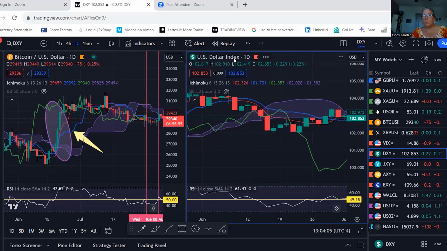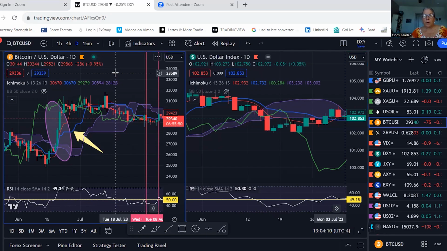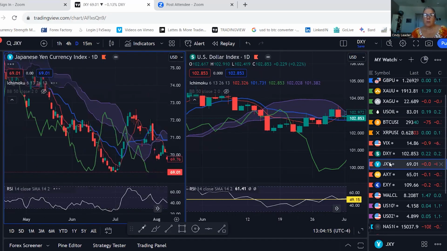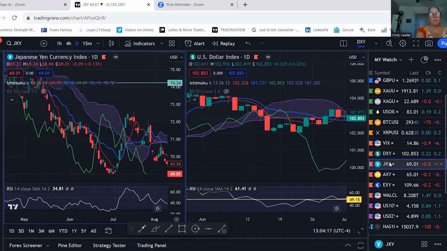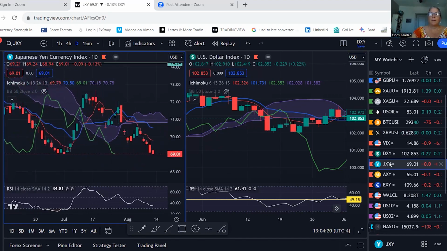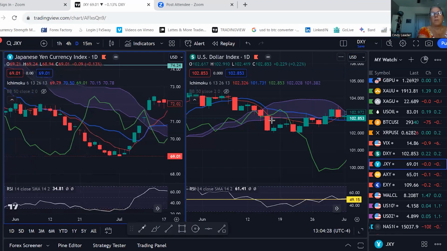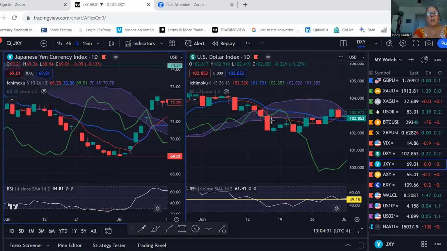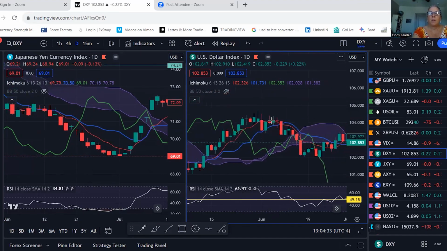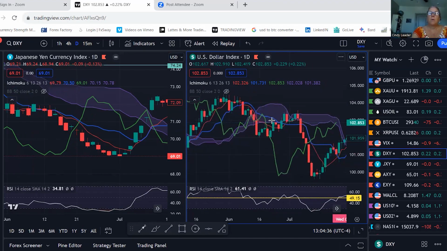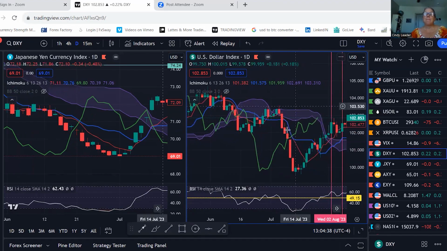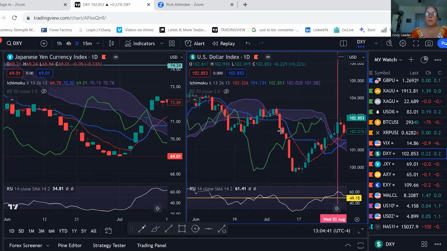So I want to compare the US dollar index to the yen. So I want to highlight that box and get rid of the Bitcoin one and bring up the yen. And we're doing some training here, but you can see when I move my crosshair on one side, it will pinpoint, because really this is a good comparison screen. What happened when? Let's see if we can find some big movement. Oh, well, look, there's some mighty big movement here on